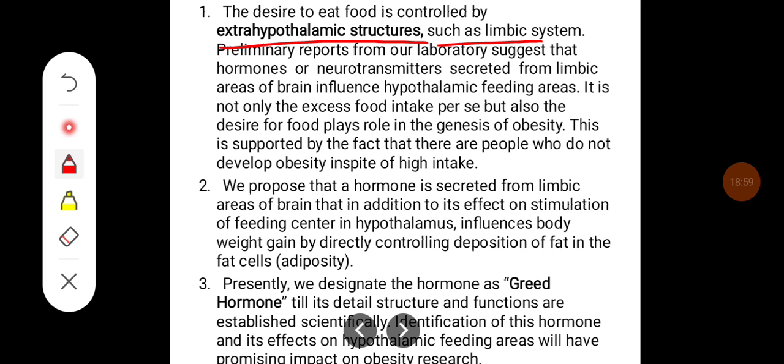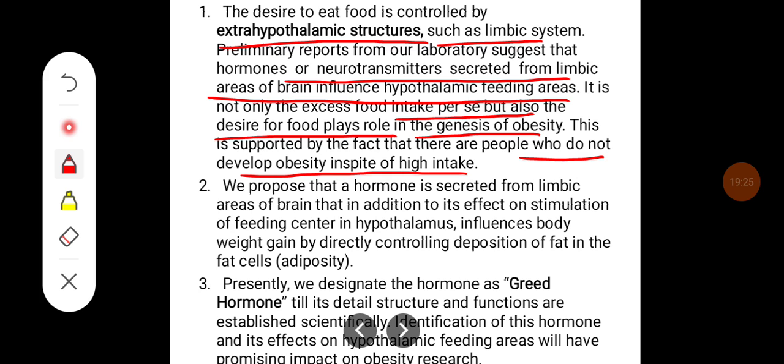Preliminary reports from our laboratory suggest that the hormones or neurotransmitters secreted from the limbic areas of brain influence hypothalamic feeding areas. It is not only the excess food intake per se, but also the desire for food that plays an important role in the genesis of obesity. This is supported by the fact that there are people who do not develop obesity in spite of high intake. So scientists propose that a hormone is secreted from the limbic areas of brain that, in addition to its effect